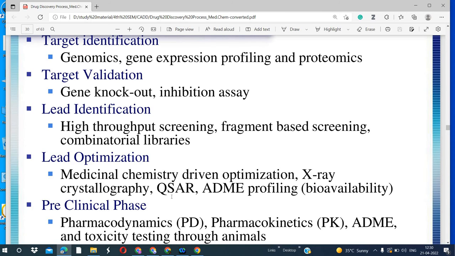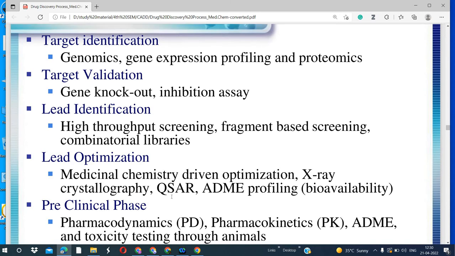Lead optimization: suppose there are many compounds, and we need to check whether they meet our objective, whether they meet the criteria of binding or not, whether this will work or not. So this is called lead optimization. When we set our objective, we check whether the drug or chemical is working according to that or not. This is called optimization. We do some modification, we do the analysis, we use the QSAR method, ADME profiling. We check for the bioavailability, whether the drug molecule has bioavailability or not.